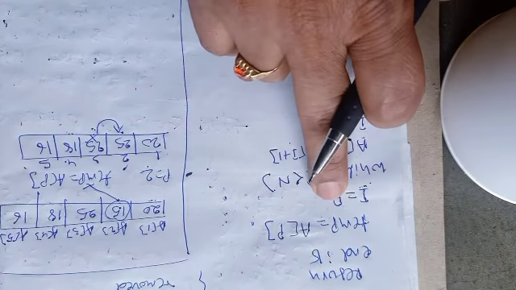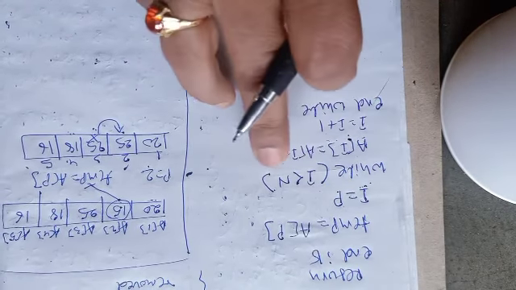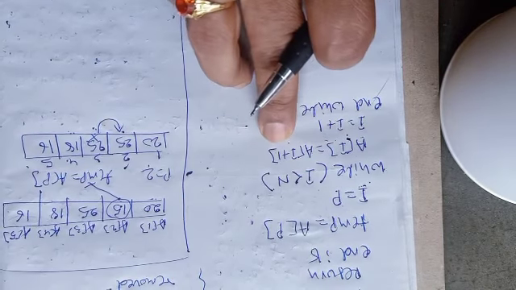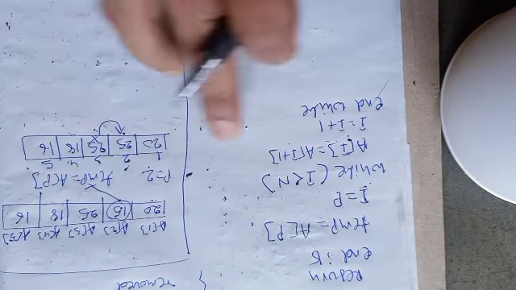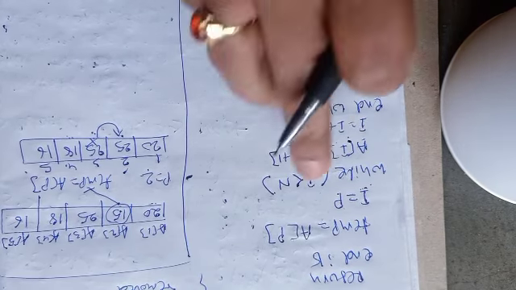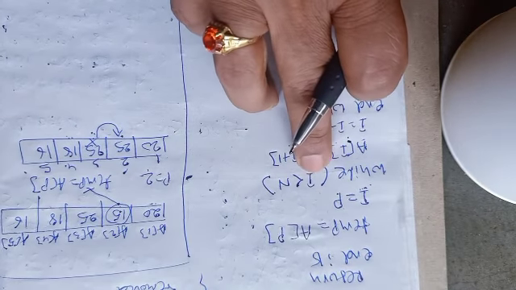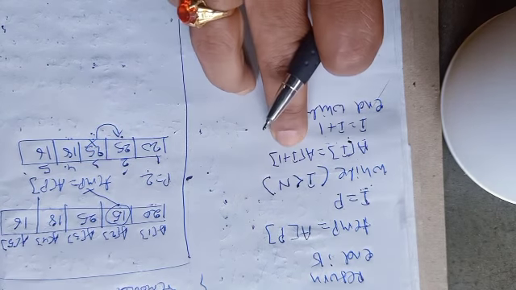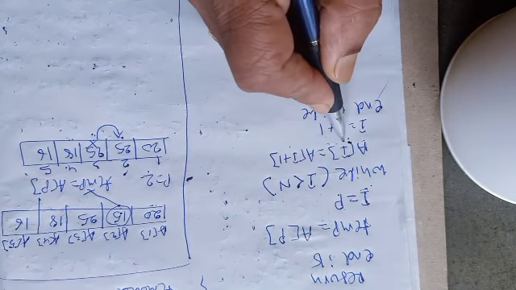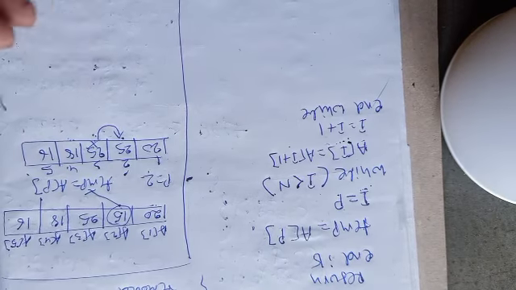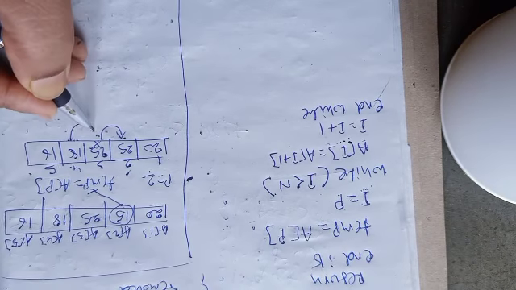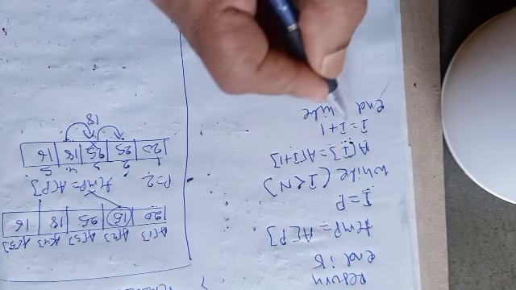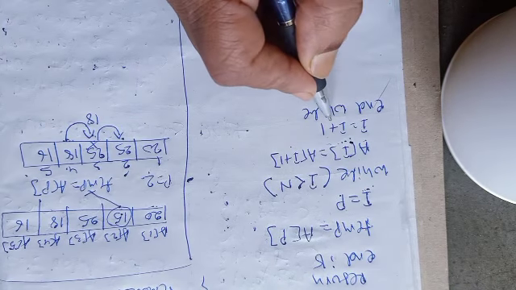Initially when I is 2 less than 5, because right now I assume n is 5, 2 less than 5, so A2 becomes A3. So A3 is now shifted to here. Then value of I becomes 3. Go back to the loop beginning. 3 less than n means 3 less than 5. Yes. Again move inside. It becomes now A3 will become A4. That means 18 comes to A3. So this is 18. Then value of I again incremented.